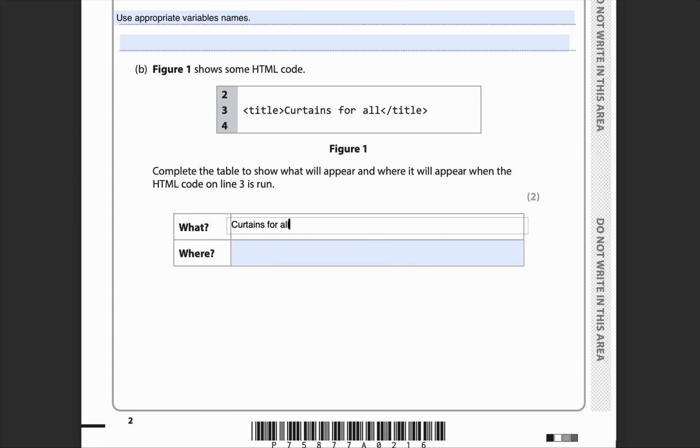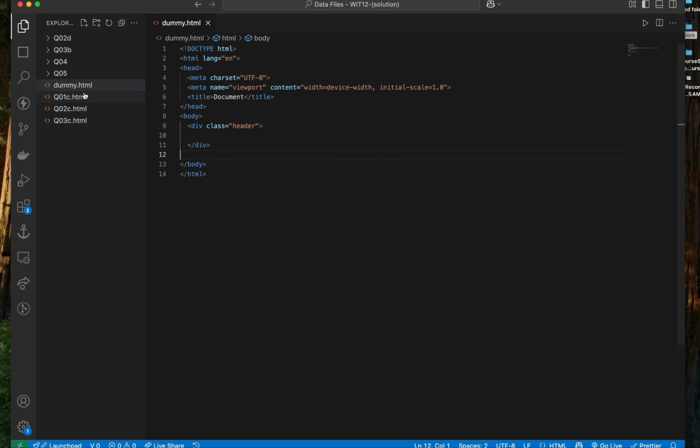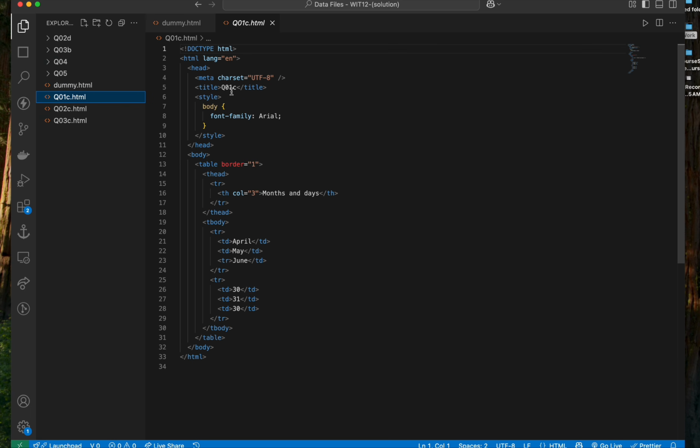Try to read the question two times and identify what things they are trying to ask. So what is the question basically, and where it will show. When I run this code, suppose this is the title, so if I run this one,